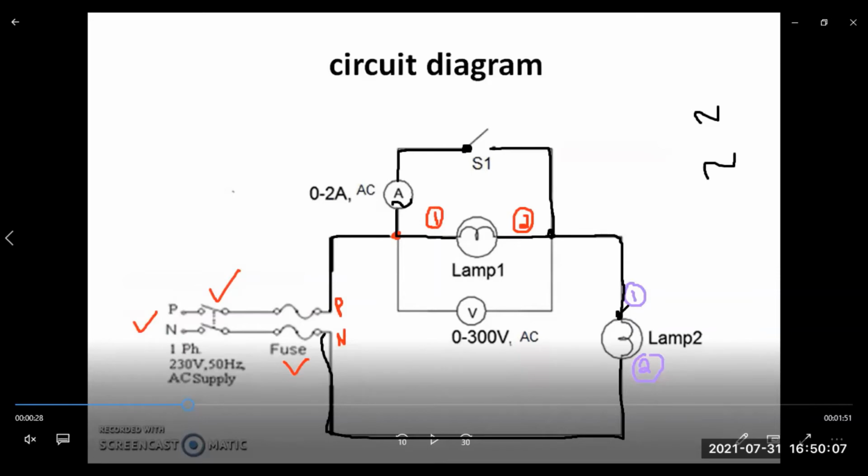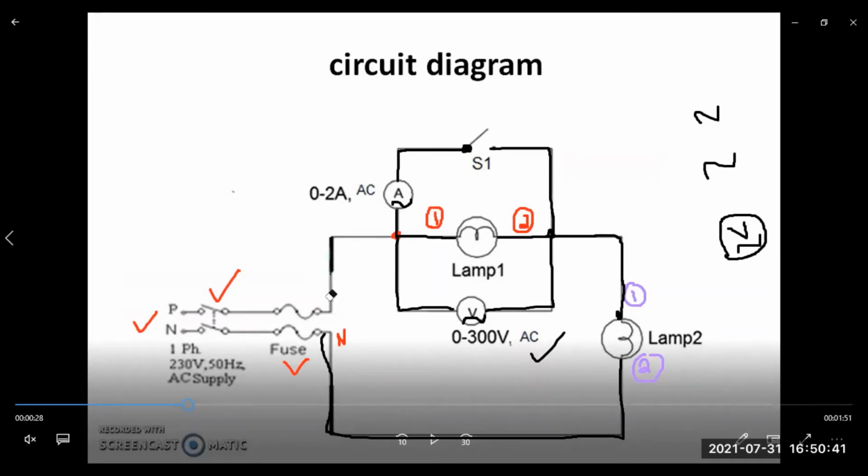Do remember that. Afterwards, you are going to connect a voltmeter. Make sure that this is an AC voltmeter. Likewise, you have to mark the voltmeter with the AC connection. So parallelly, you connect one voltmeter. Whenever you are connecting the voltmeter, better you use the thin wire and connect it across the particular lamp one. Choose the voltmeter range as 0 to 300 volt, and the ammeter range you can choose 0 to 1 ampere or 0 to 2 ampere. Not a problem. So this is the way to perform the connections.